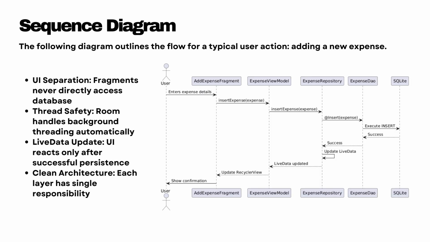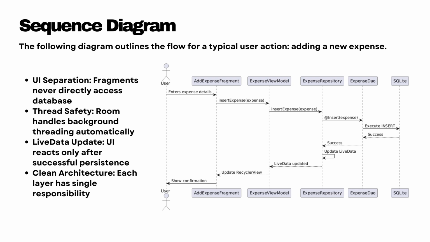Now let's walk through the sequence diagram. When a user adds a new expense, this diagram perfectly illustrates our clean architecture in action. It all begins when the user enters expense details in the add expense fragment. Instead of directly touching the database, the fragment delegates this request to the expense view model, maintaining strict UI database separation. The view model then routes the data through the expense repository, our single source of truth, which involves the